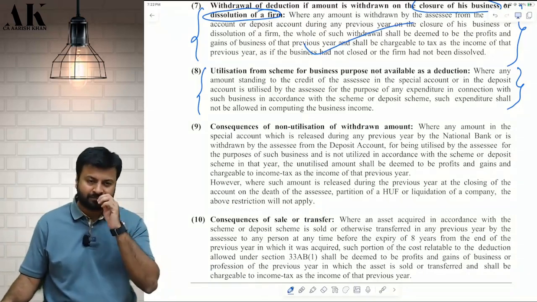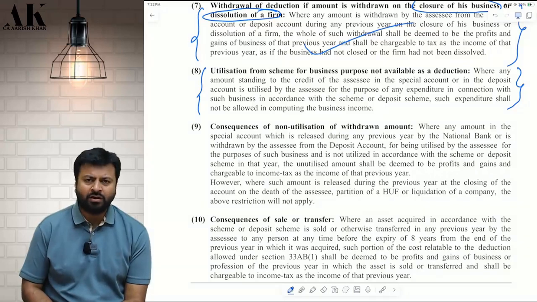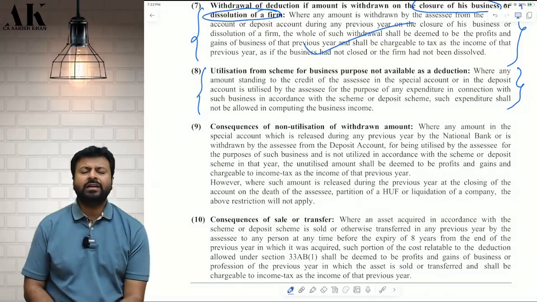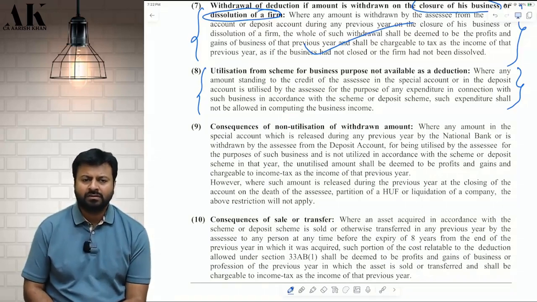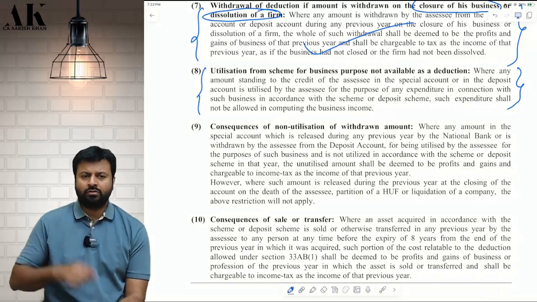Agreed or not? I have withdrawn 1 crore rupees and I have paid what? The expenditure. In my example, what have I paid? Salary. Will I get the deduction of that salary? No. So now I have a question to all of you,